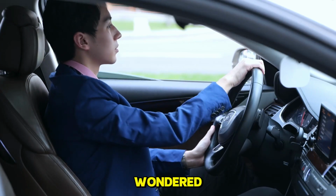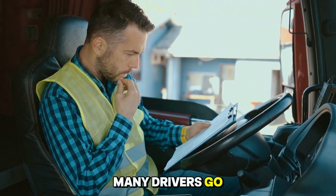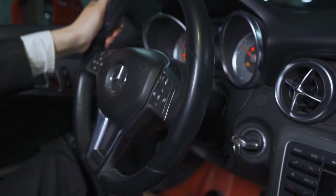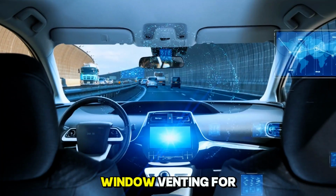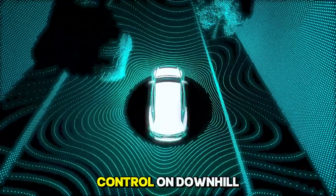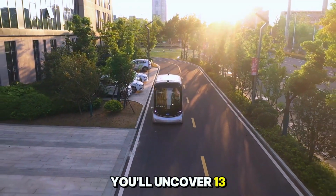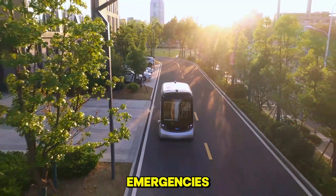Have you ever wondered if you're fully utilizing your car's hidden features? Many drivers go 5 or 10 years without discovering built-in tools designed to boost safety, comfort, and savings. From a secret mechanical key tucked inside your remote to one-button window venting for heat escape, or even blind spot warnings and automatic speed control on downhill slopes, these can completely transform your driving experience. In this video, you'll uncover 13 little-known but incredibly useful secrets that can save you in emergencies and make every